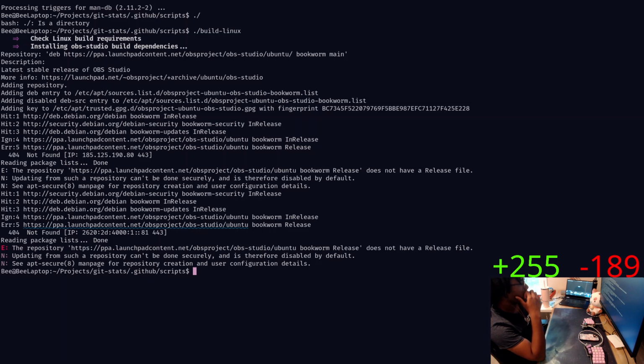Hmm. There might be a little bit of a problem. Adding repo, adding dev entry to, adding disabled network.